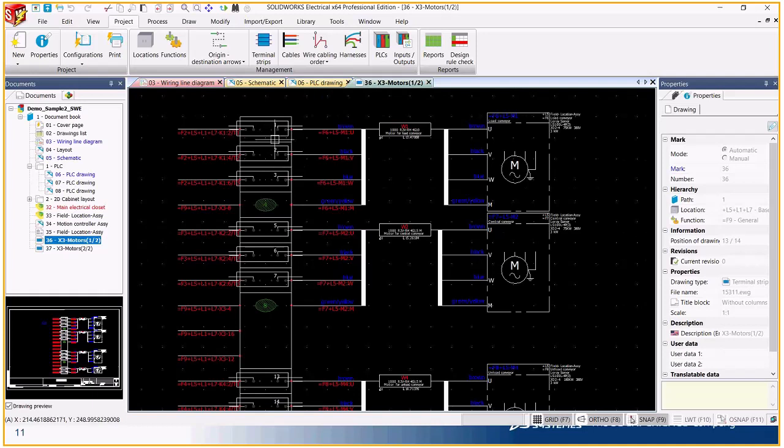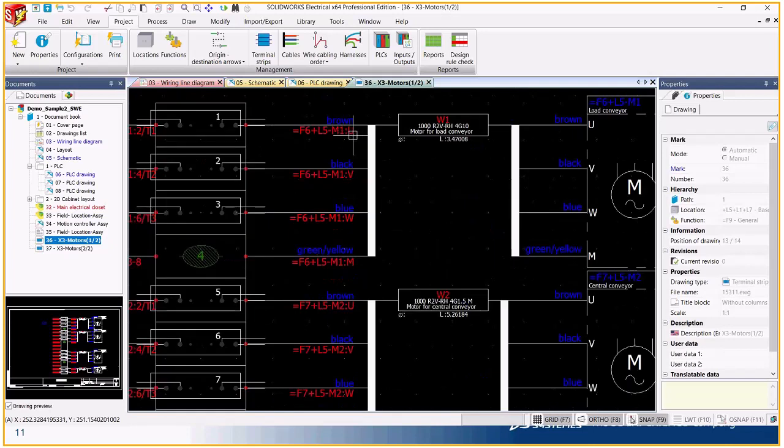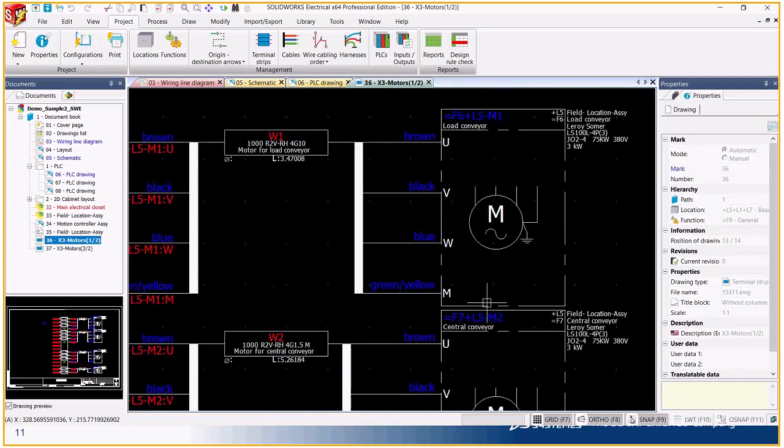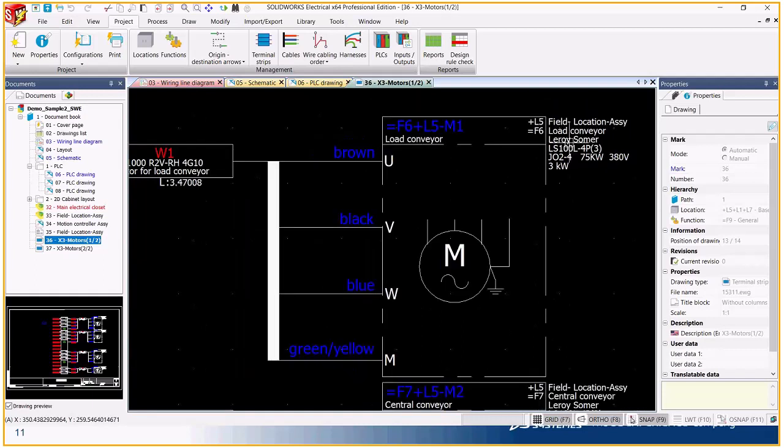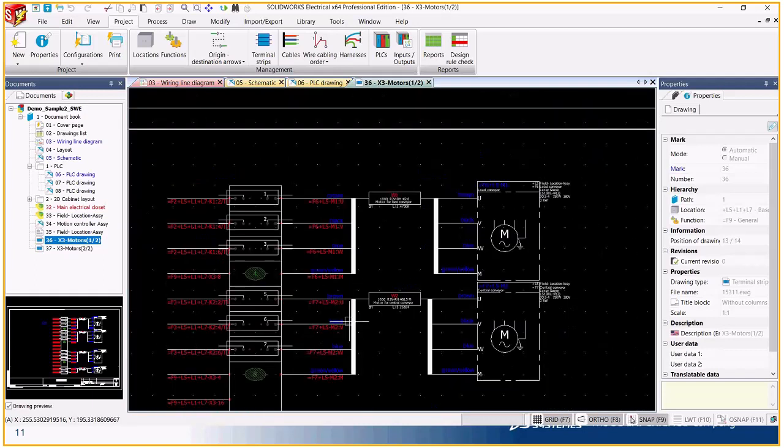So you can see there are 1, 2, 3, 4. The fourth is an earth terminal or a protection terminal which is being connected with a cable W1 with the specification 1000 R2B RH 4G10. And these are the cable cores, brown, black, blue, showing where exactly this is getting connected: M1 motor, UVW. For the motor end also you will see the cable core information with the motor details: what is the location, who is the manufacturer, what is the part number, LS 101 and L4P3, what is the capacity of the motor. All this information will be reflected in the terminal strip